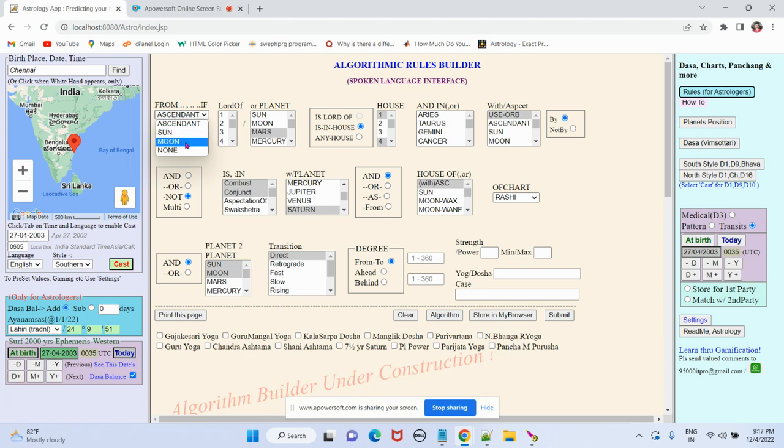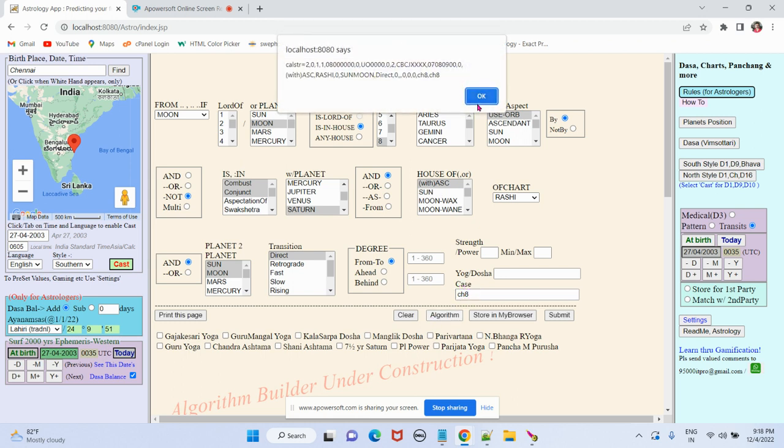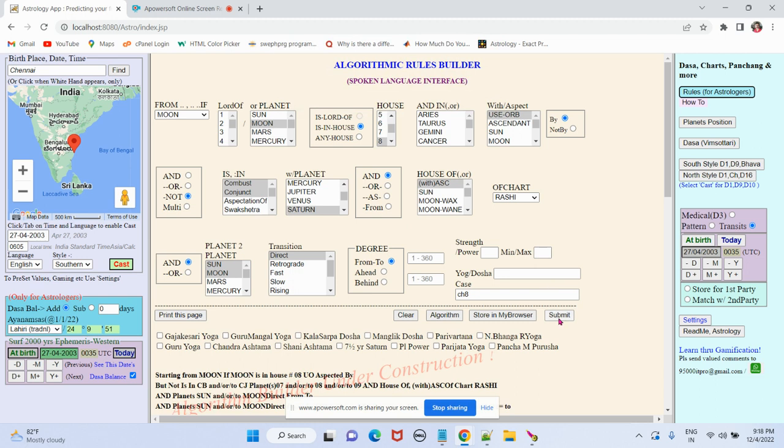Earlier, we have seen very simple rules: from the natal Moon, if the transit Moon for the day is, just say very simply, in the eighth house, we will call it Chandrashtama, CH8 or whatever. Okay. And we will just submit it.